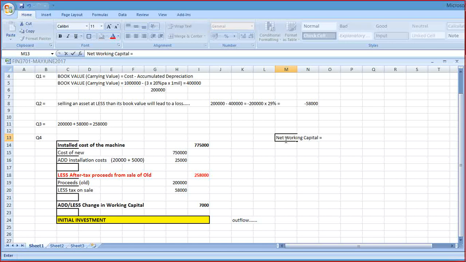7,000 Rand less. Yeah, well, net working capital, just to give you the theory, is current assets less current liabilities. So current assets could be your debtors, your inventory, your cash. It could be any of those things. And then the same thing with liabilities. Yeah, right. So but generally,